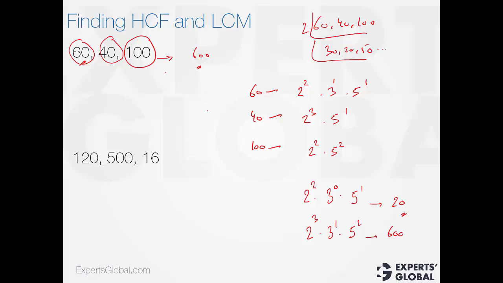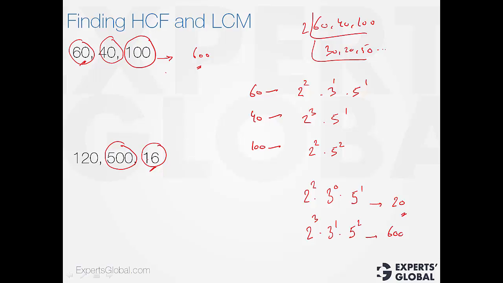So similarly here, I would look at 500. I would say what new does 16 bring in? 500 has only two 2's in it, while 16 has four 2's in it, and therefore I need to multiply this by 2 squared, 4, to include this. 500 into 4 would make it